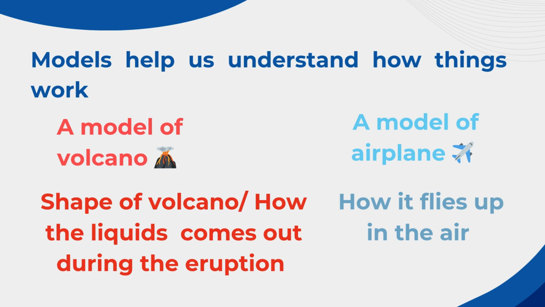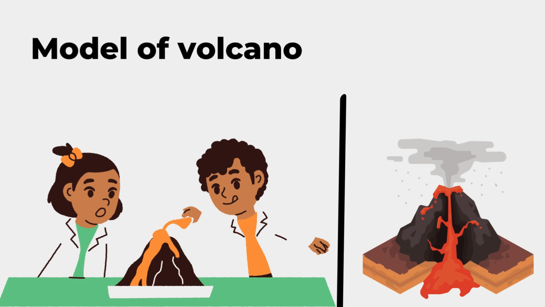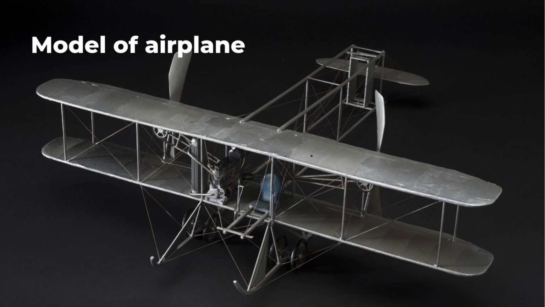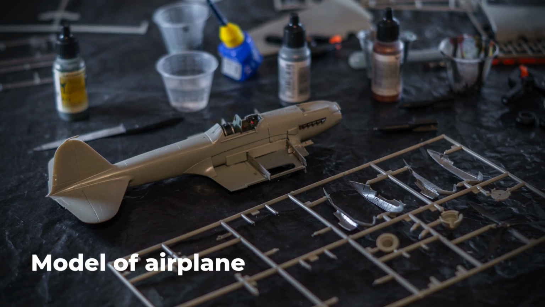As you see here, this is a model of a volcano to understand how the volcano works and how the liquids come out of it. Also here, this is a model of an airplane to know how it flies up in the air. So, as a summary for this part,